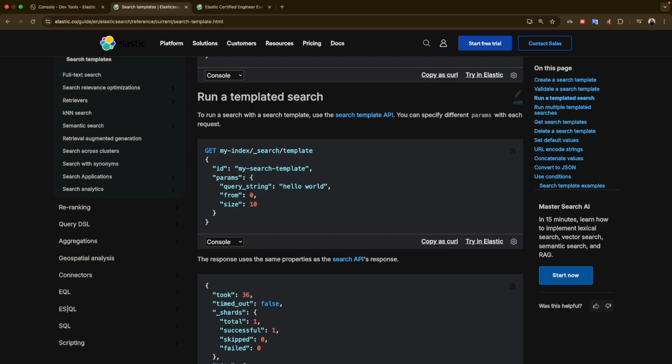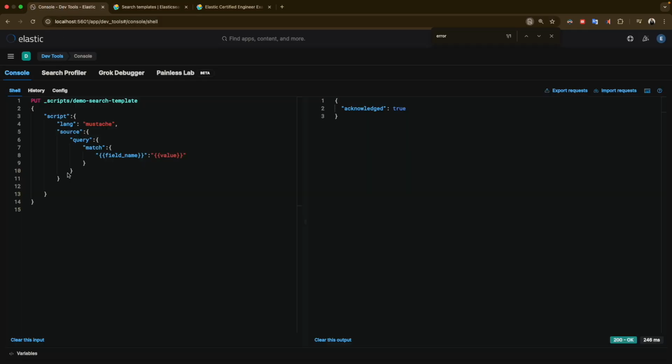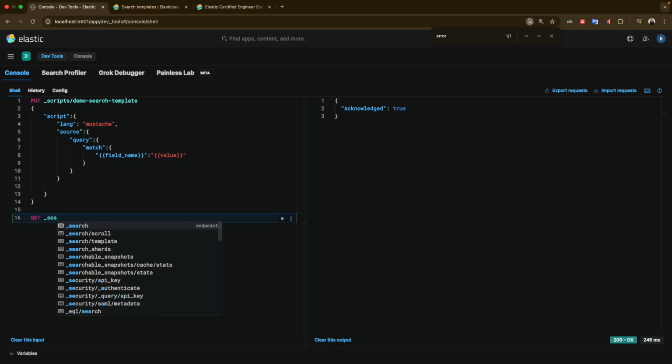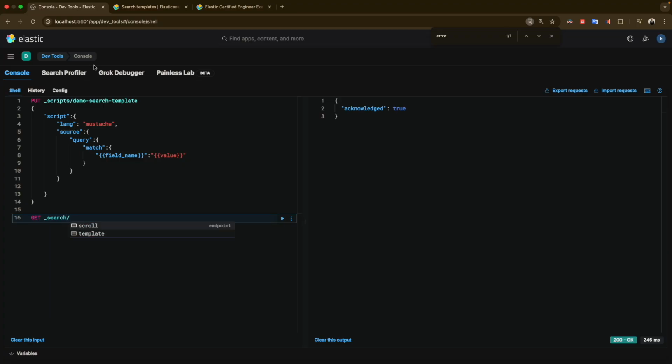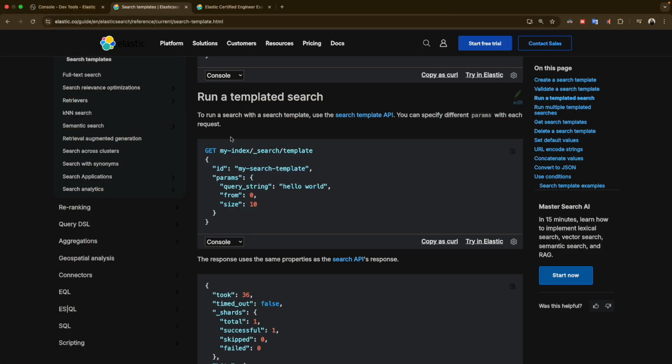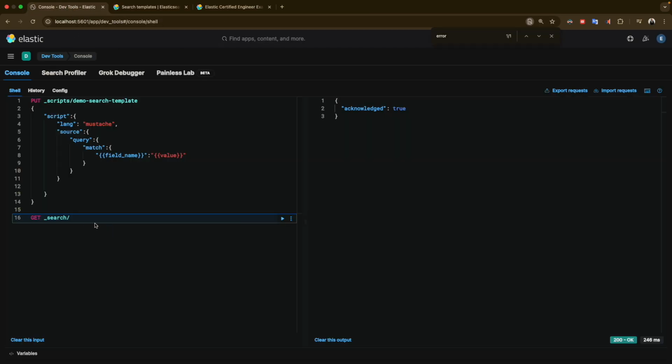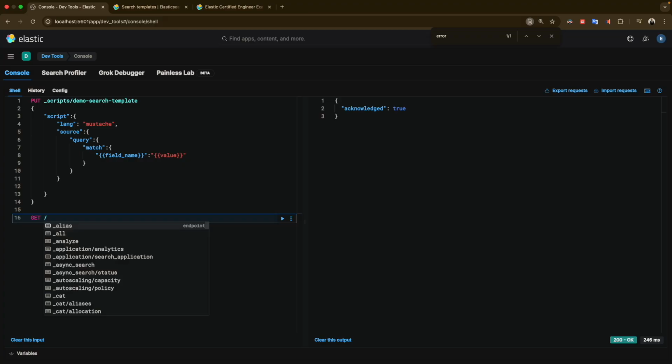Now if we want to run it, we use a get, right? And here we pass the parameters. We give the ID of the template, and here we give the parameters or the variables. So how are we going to do that? This will be like this. It's going to be get, and we're going to specify the index and search template, right? So in our case, we're going to use the